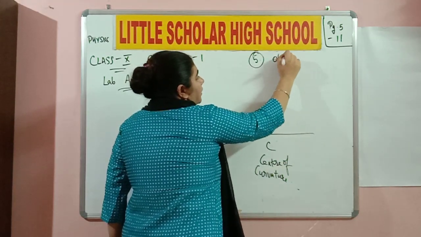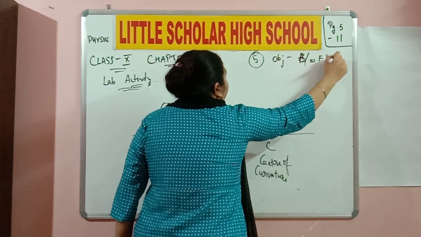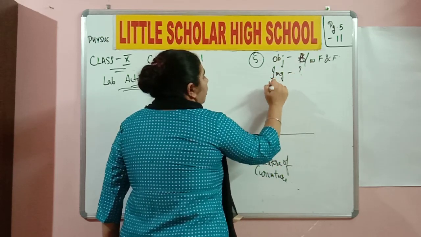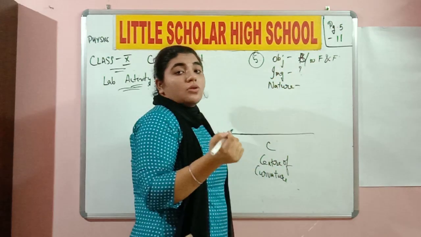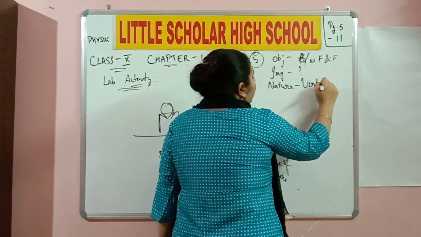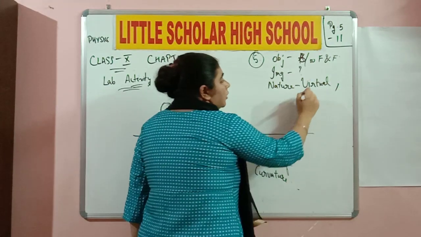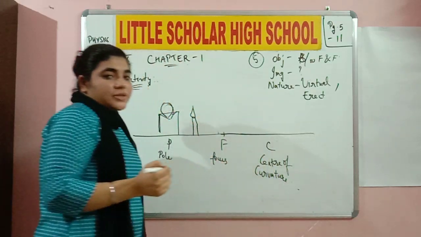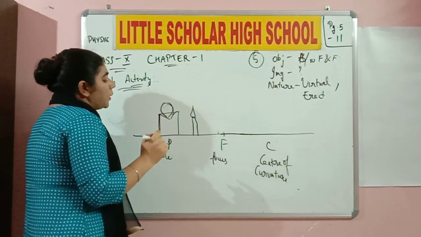When the object is placed between P and F, where is the image going to be formed? We concluded one nature. What is it? Definitely not real. If it is not real, then what is the nature of the image? Virtual. What are the other characteristics of virtual images? They are erect. This means what? They are not upside down or inverted. They are just upright. So you need to understand this.